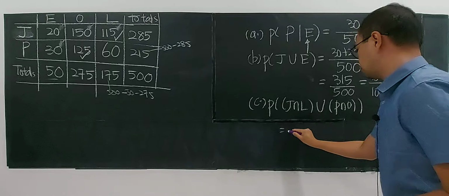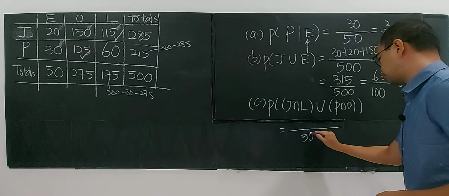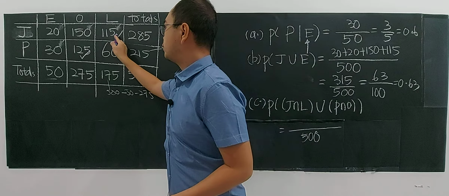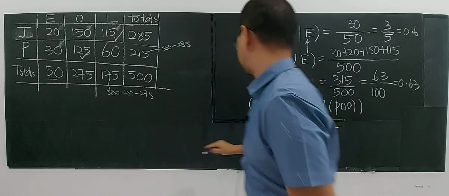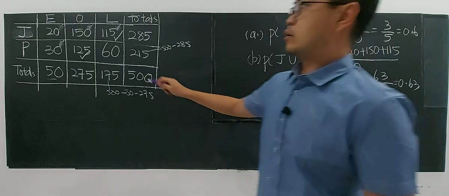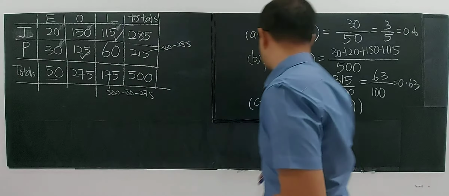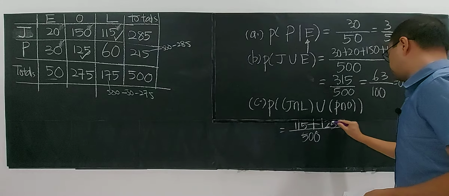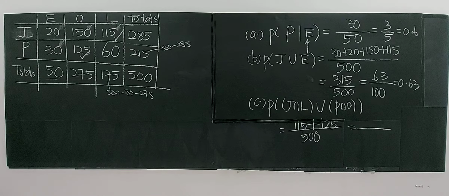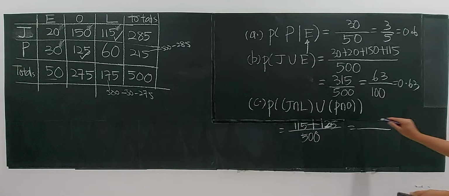So the total will always be divided by 500. Where does the number come from? It's from 115, late from Johor, add with on time from Penang, 125. Very easy. We take the information from the table of outcome, which gives 12 over 25,